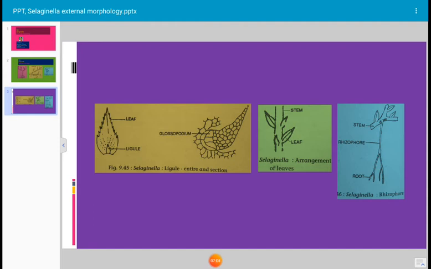Rhizophore is regarded as either stem or branch or a root or neither. Its root-like nature is provided by positive geotropism and its anatomical nature. The strong anatomical point is that even with the polystelic stem, the rhizophore is monostelic, as in root. The internal structure of the rhizophore is similar to the root. The rhizophore has exogenous origin, that means it has originated from the extrastelar region. And root cap is absent in rhizophore.